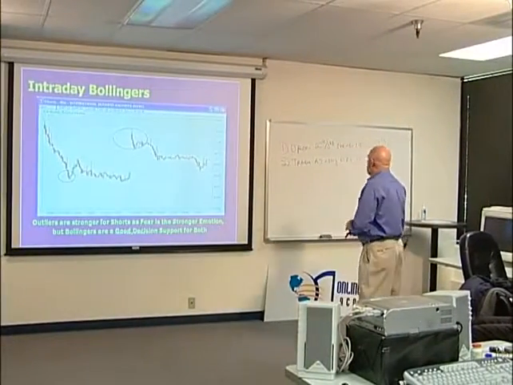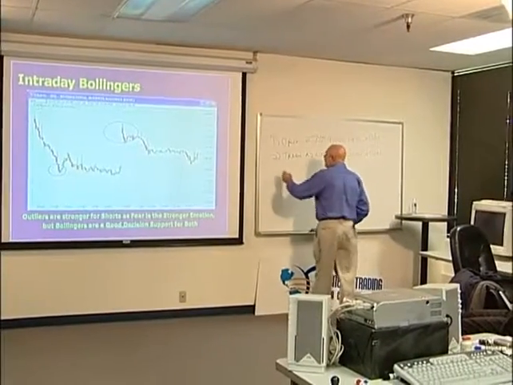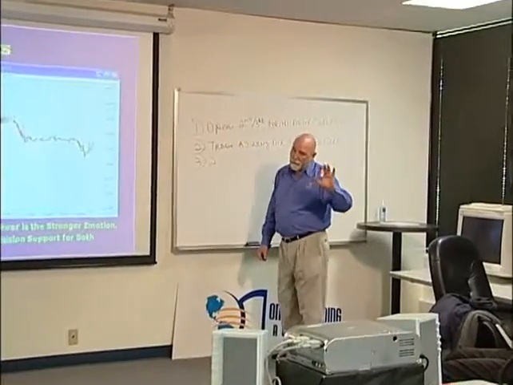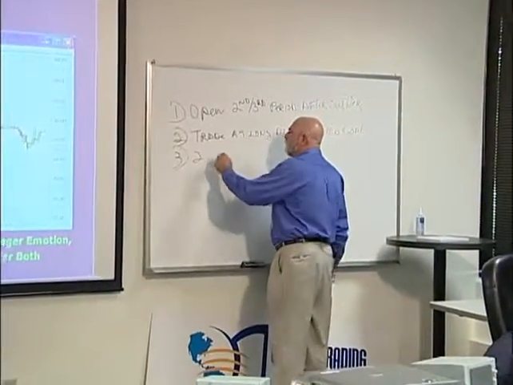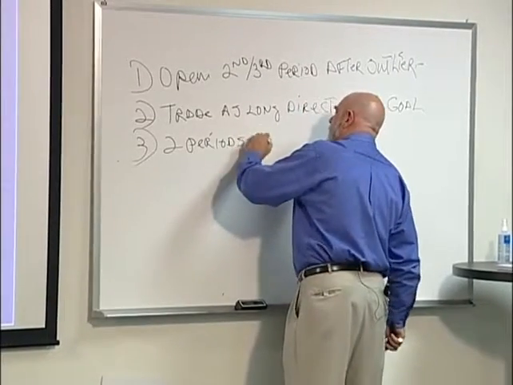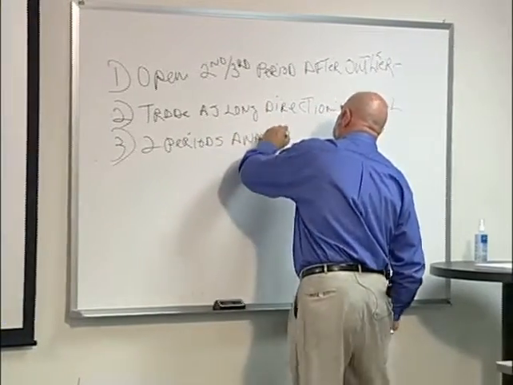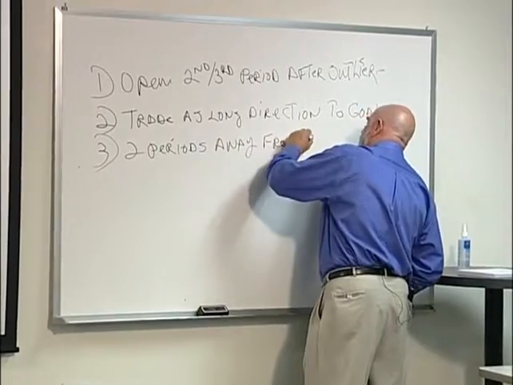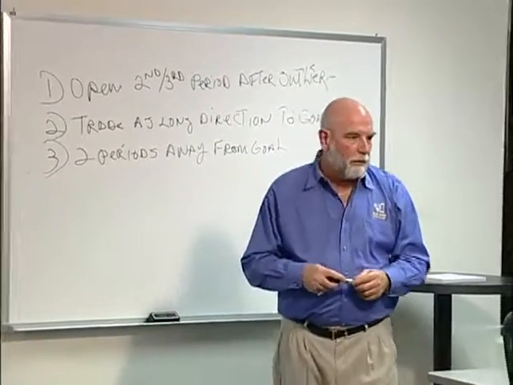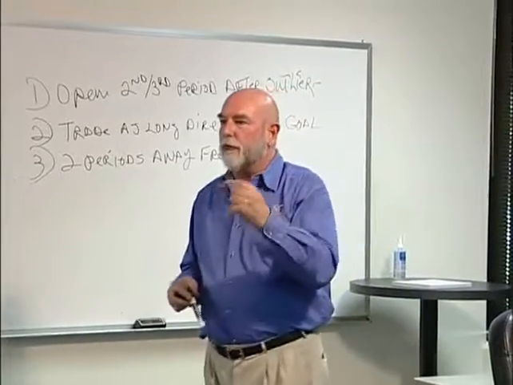But this therefore brings up number three, our first exit. And what I use, and again, you can modify it, but to give you a starting point, I use 2 periods away from goal. So if my direction to goal is broken, and in 2 periods I am not moving to